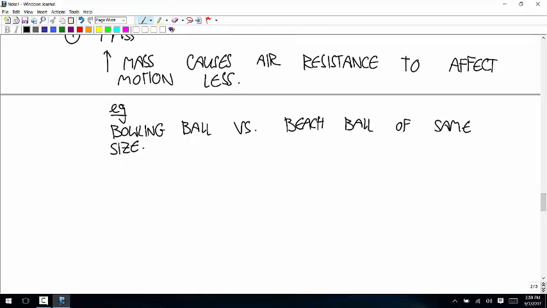Okay, so the beach ball's motion is more affected by air resistance than the bowling ball because it has a smaller mass. The next one